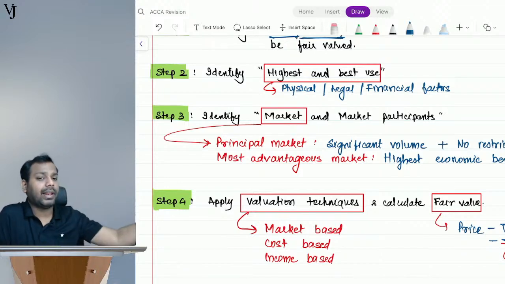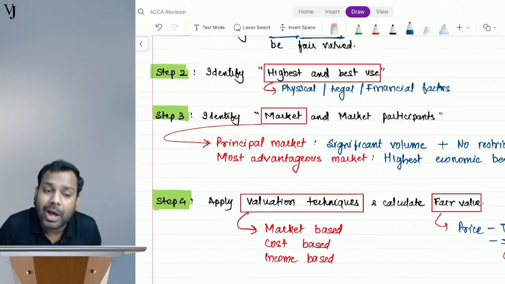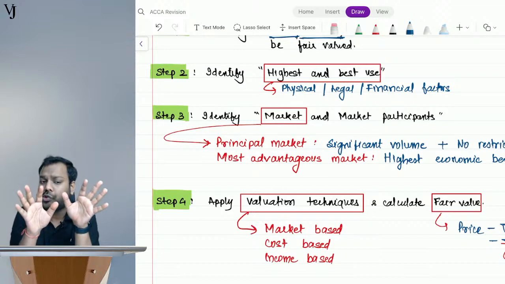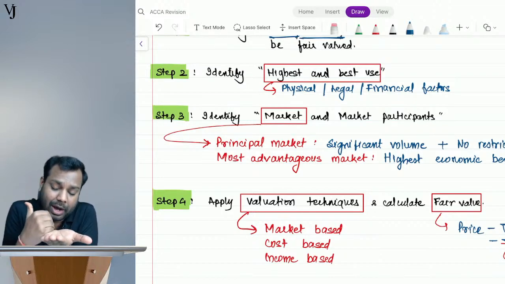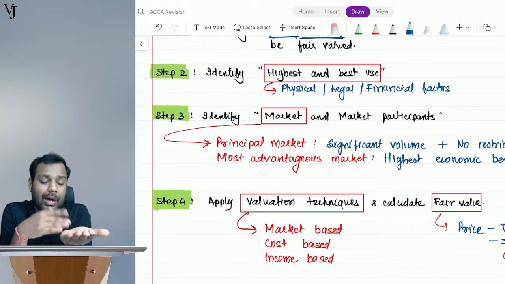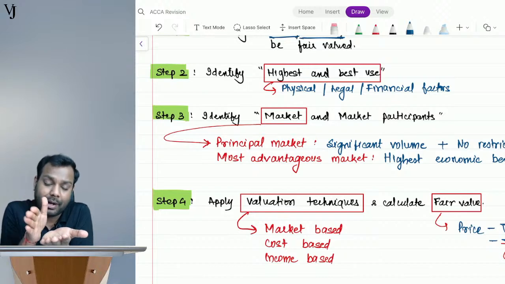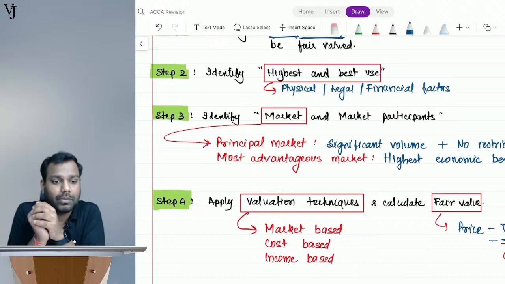I am using it for agriculture. I do farming there, and if I continue doing farming there, it will be valued at 2 crores for me. Comes the question, what is the value? If I continue to do farming, it will be valued at 2 crores. If I make a commercial building on that, it will be valued at 10 crores. If I make a residential building on that, it will be worth 8 crores.